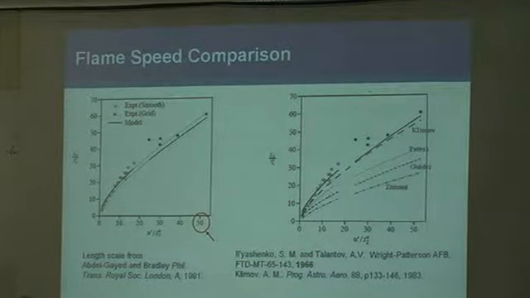It's Russian data in this one. In the previous slides, we were looking at only this region, and we wanted to see what happens when U prime over S_L is very, very large. One of the data sets I found in the literature was the Kalantov and Ilyin-Shanko data, which was done in